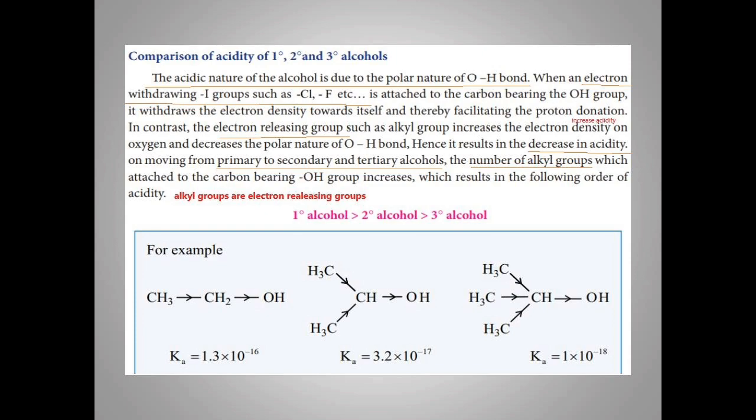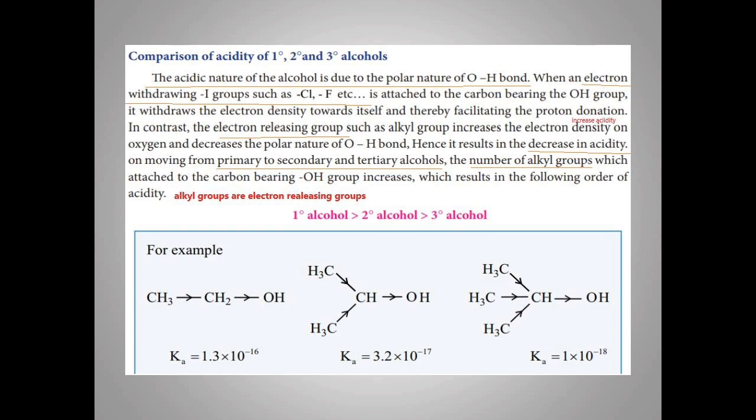If you attach electron withdrawing groups to alcohol, it increases the acidity. Suppose electron releasing groups, that is alkyl groups, are attached to the alcohol. They increase the electron density on oxygen,